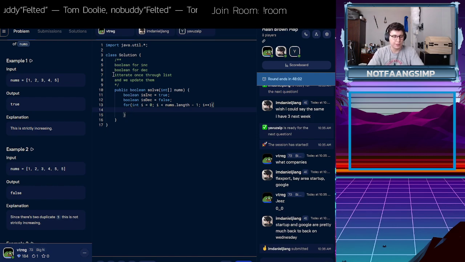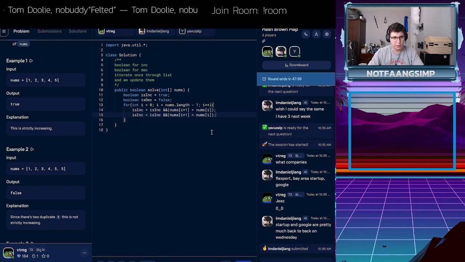And then we're going to basically say isIncreasing equals isIncreasing and nums at i plus 1 greater than nums at i. There we go. And then we're going to do the same thing for decreasing. Plus 1, but this time it's going to be less than. And then at the end we can return isIncreasing